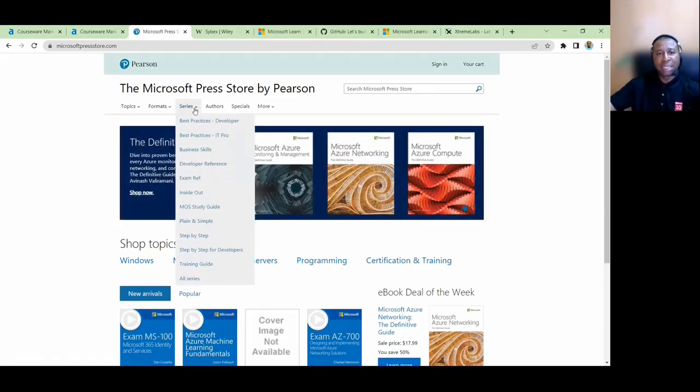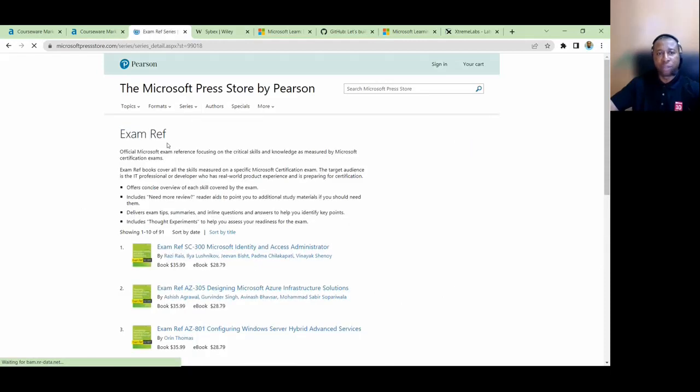But the aspect I'm personally interested in is the series option. For the series option, for someone that wants to write an exam, you come and pick exam reference. If you pick exam reference, you will see course textbooks that would aid you in writing and passing exams. So it's basically like the same thing we have in the courseware marketplace, but these are a bit fine-tuned for exams.